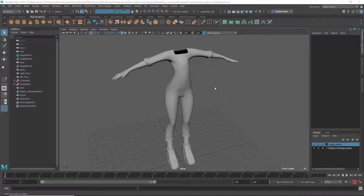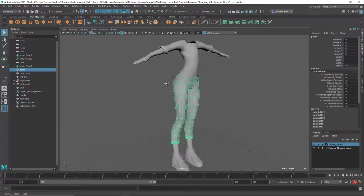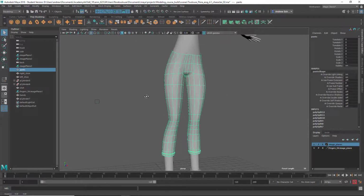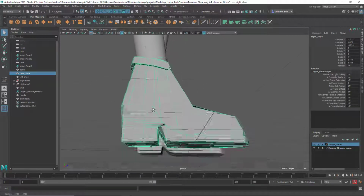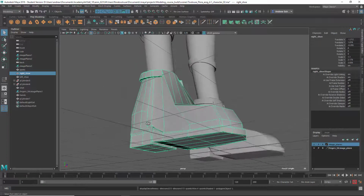Okay, this is Flora, and yeah, looking good. Just checking out the different surfaces. Thinking these shoes are going to need more